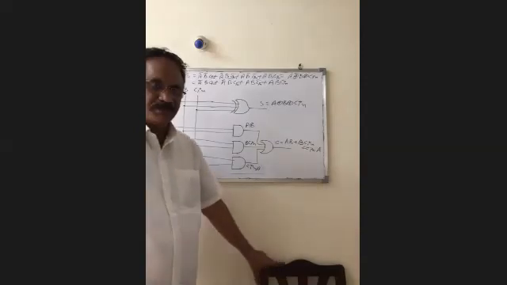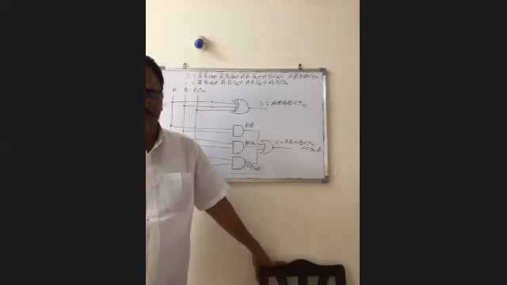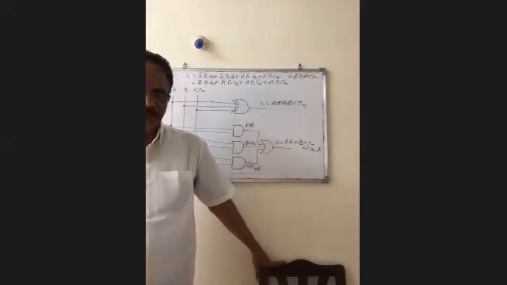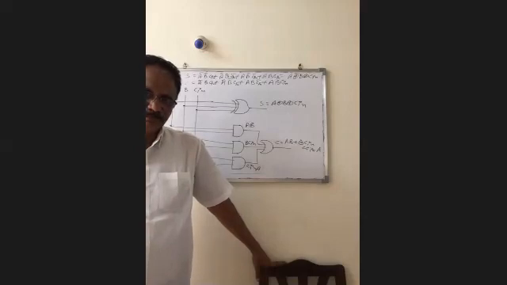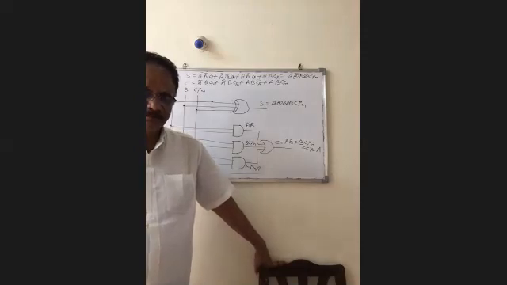So first of all, what is the function of a full adder? It is used to add 3 bits. Next, you have to draw the function table for that. Next, you have to write the output expressions. Next, you have to obtain the minimal output expressions. And then we have to realize the minimal output expressions. That is the design of a full adder circuit.